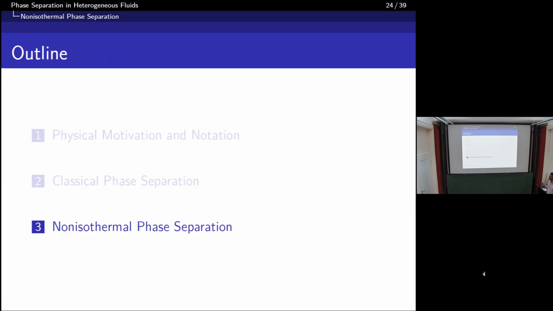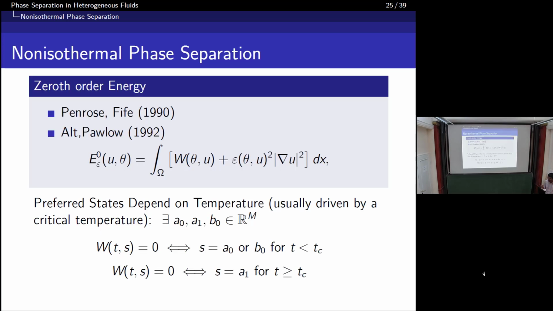Okay, now we want to go to these lipid rafts types of model, where you have these thermal fluctuations and thermal dependence. So you have what I guess people sometimes call nonisothermal phase separation, or I guess more recently in the physics literature, it's also called a thermodynamically consistent Cahn-Hilliard. So these are some physicists who proposed this type of model